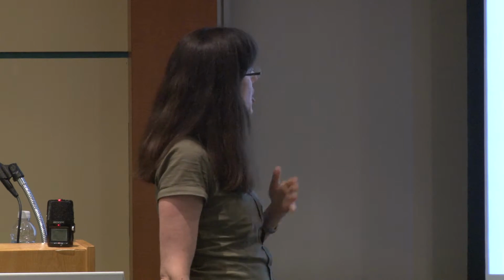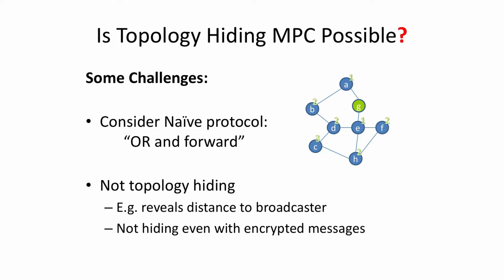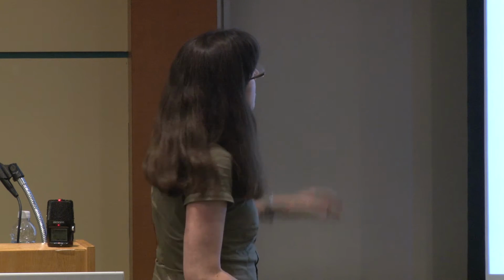So I bet there are people, I know there are extremely smart people in the audience. I bet you are thinking, well, we could all send some dummy messages so that you don't know what we do. But then these dummy messages still have to be encrypted, so I can't see who's the one sending the 1 bit, whereas the others are sending zeros. And if they're encrypted, then who has the private key? Anyone who has the private key can decrypt, and then know what the message is. And if we don't have the valid key, then how do you get the broadcasted bit at the end? So these are the types of challenges that